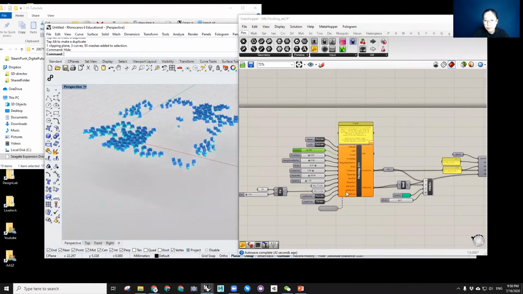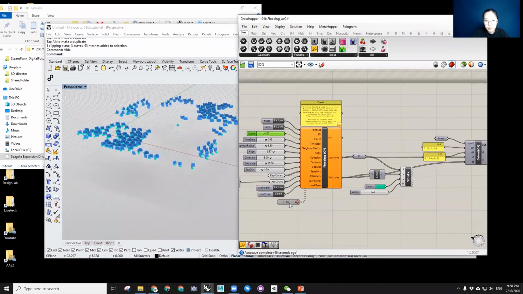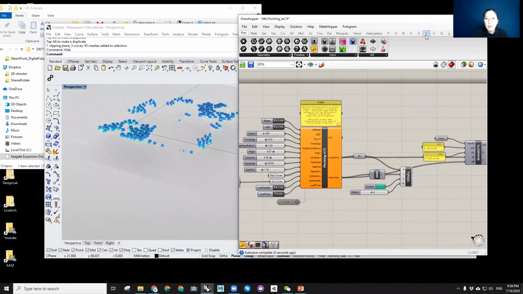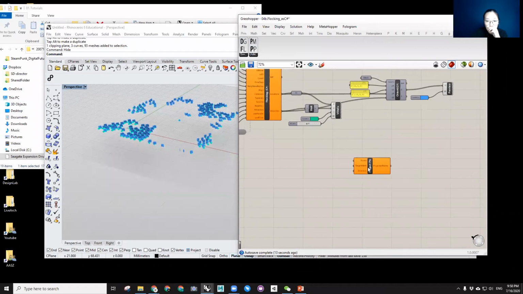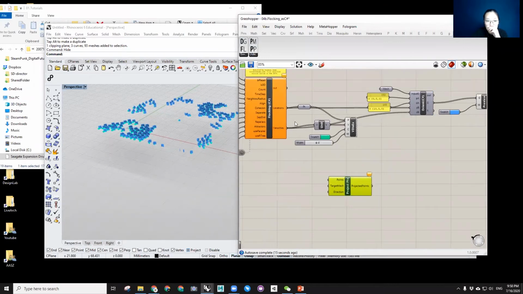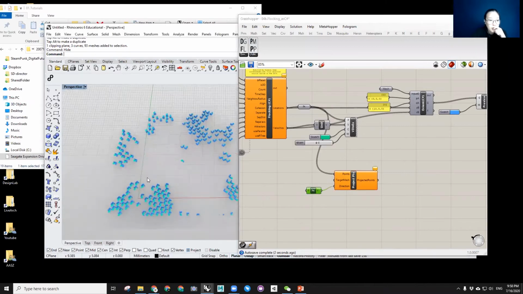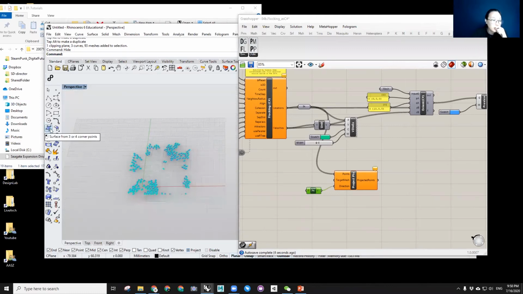And yeah, in this one you need things called project points to mesh, project mesh to mesh. So you can project this mesh to something. Like you project all these points, give a target direction at Z. And if you have some kind of terrain geometry underneath, for example,